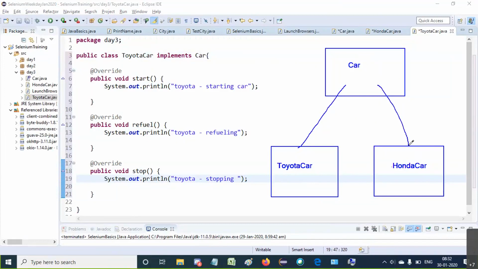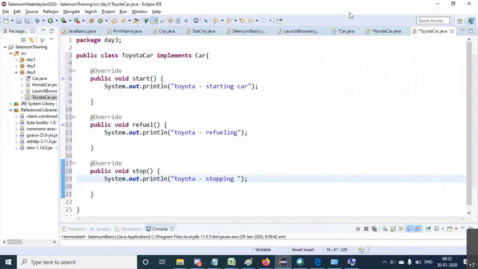And what is the use of the interface? I could have never made the car interface. I could have just made these two classes. Why did I create the car interface? Generally this is the question which comes in the mind, what is the use of this? I could have simply made Toyota car with three functions and Honda car with three functions. Look, the usage is, the advantage is that